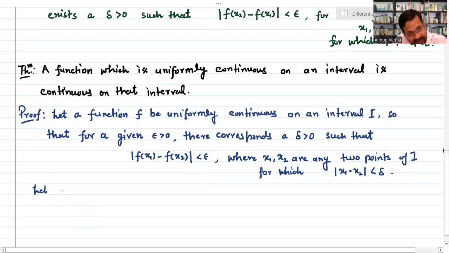I'm just taking let this x be a point belonging to C, then on taking